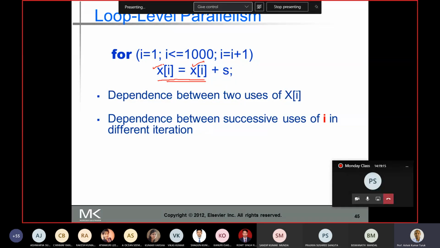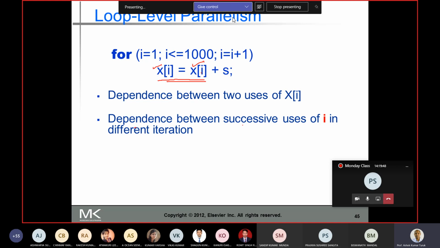At one point you read the value of xi and you write the value of xi, and those read and write are done in the same iteration of the loop, not in different iterations. So there is no loop carried dependence between xi and xi, because they are read and written in the same iteration.